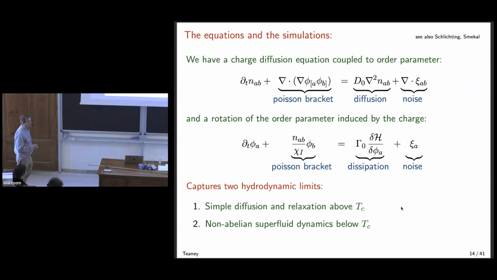In the high temperature limit, this term is irrelevant, there is no order parameter per se, and you just have a diffusion equation of U and D quarks. So in the high temperature region, you just have diffusion of left-handed U's and right-handed U's and left-handed D's and right-handed D's. But below Tc, this term becomes very relevant, that's the order parameter, and